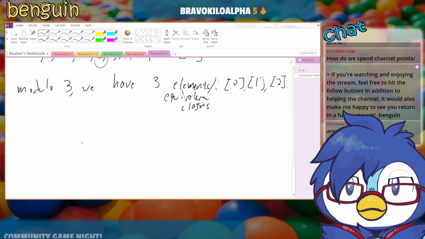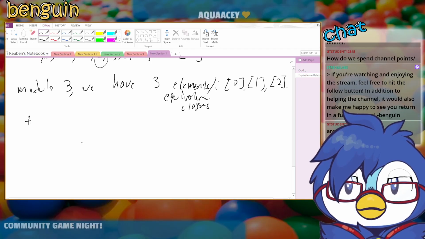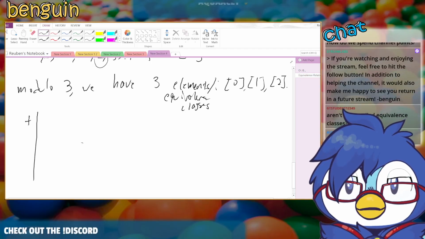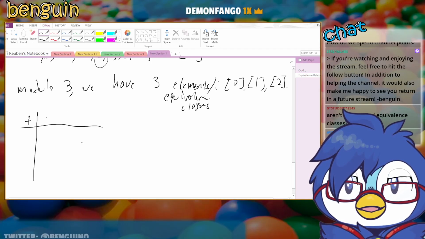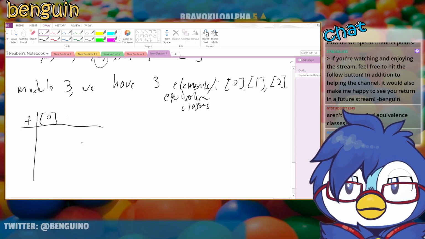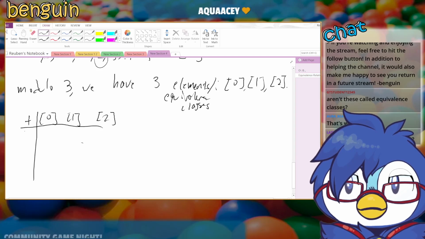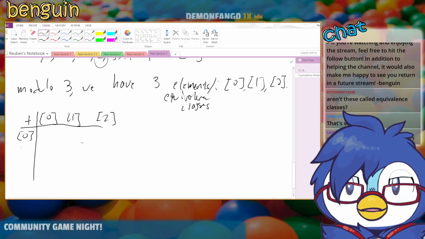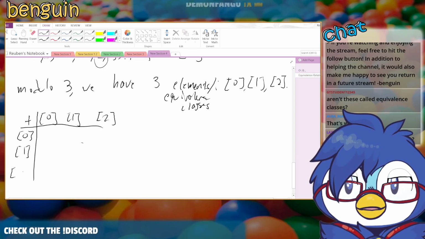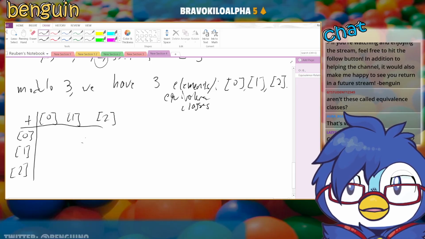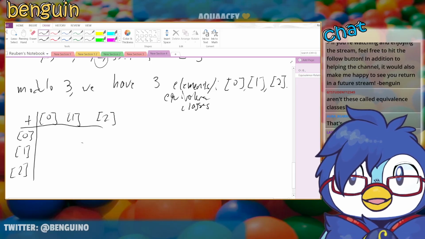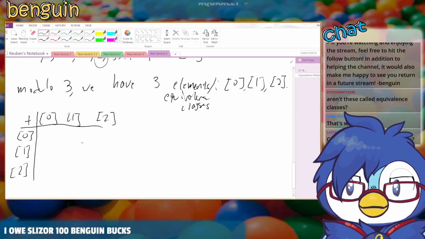So one thing we could do is ask if we can make an addition table for this. We can add these equivalence classes with one another, right? There's only really 3 elements, so you can make a little addition table here and then ask, okay, well, what are these? And the natural way of doing this, basically,